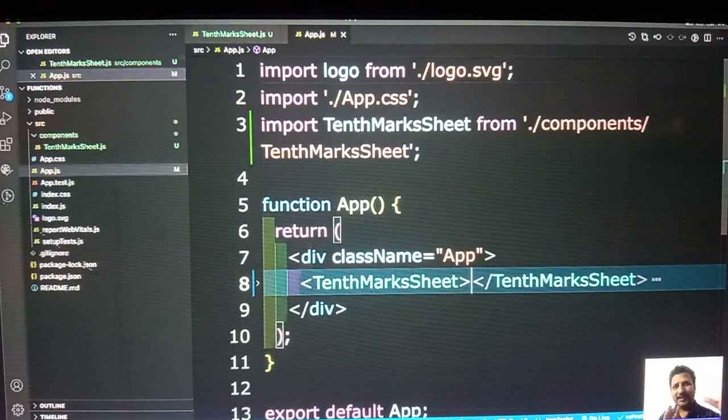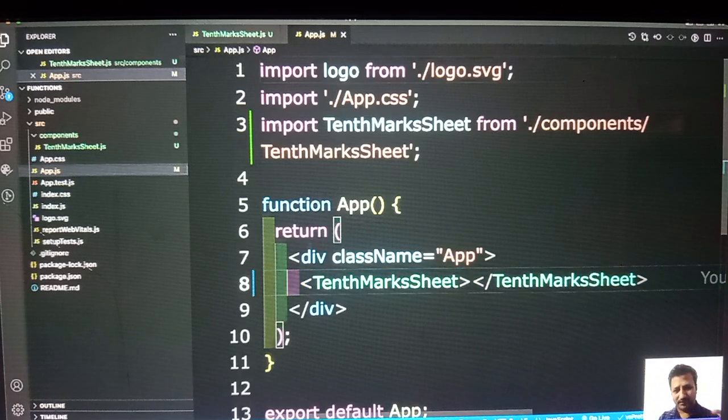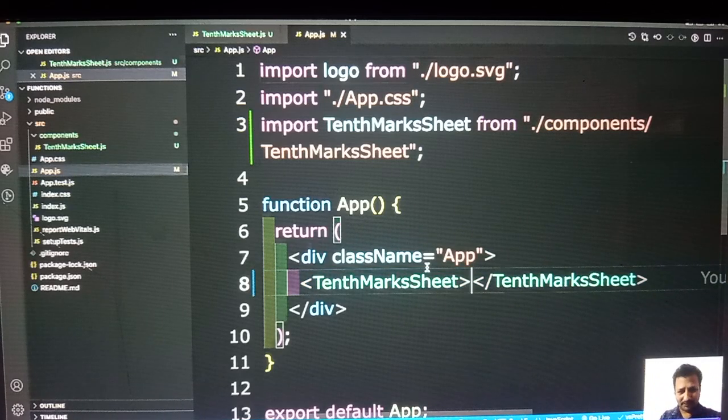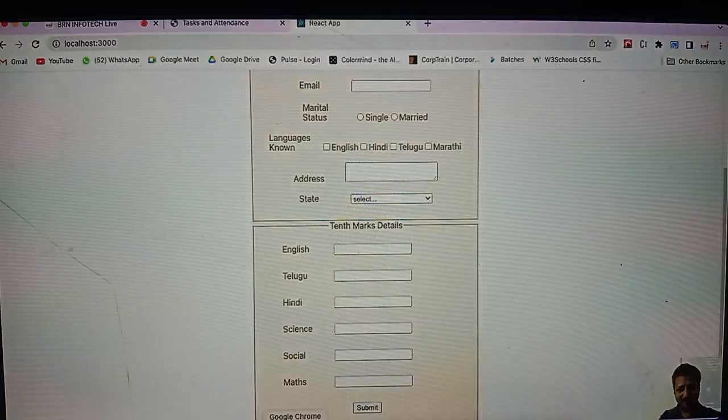Now I am not deleting anything in the tenth marksheet. I wanted to convert it to a named function. Tenth marksheet, I have created it. Now